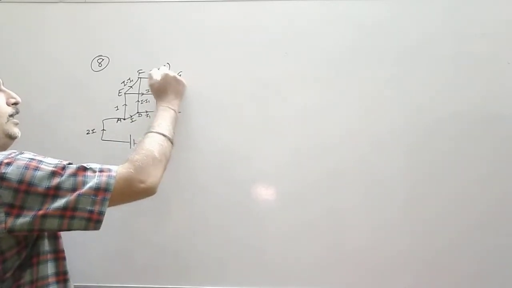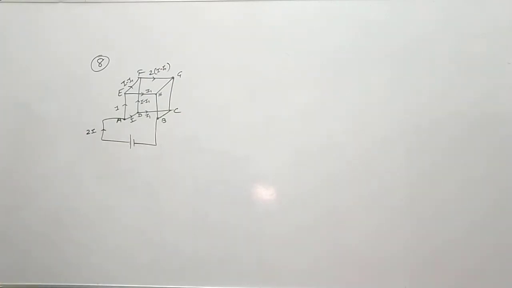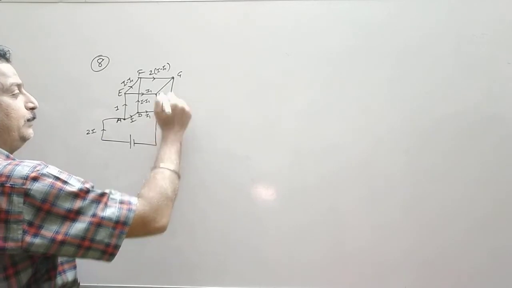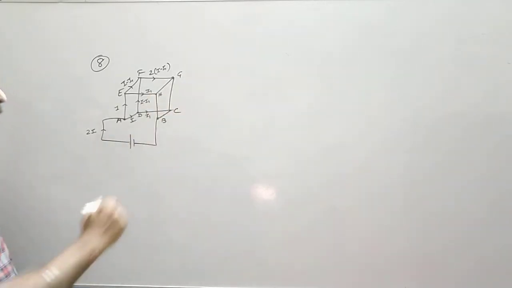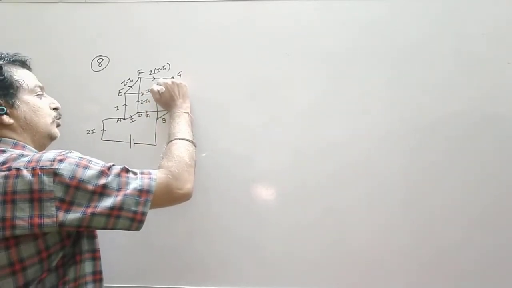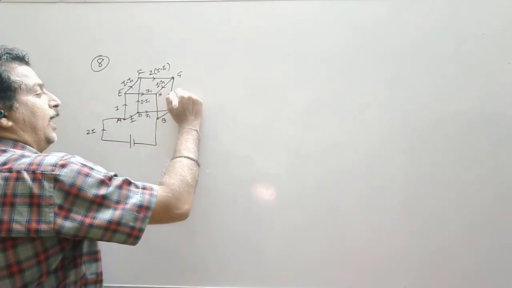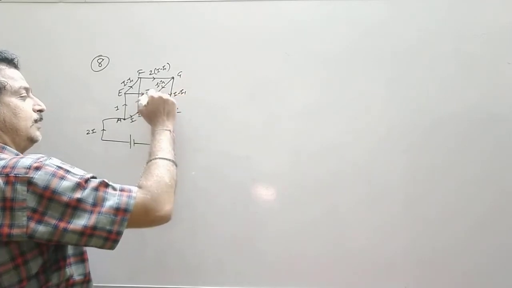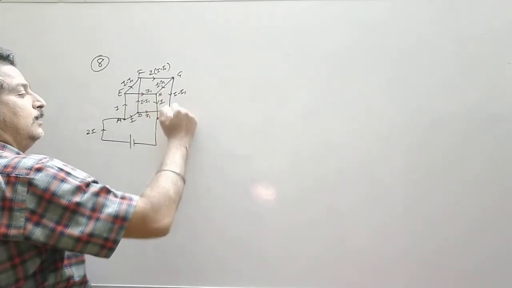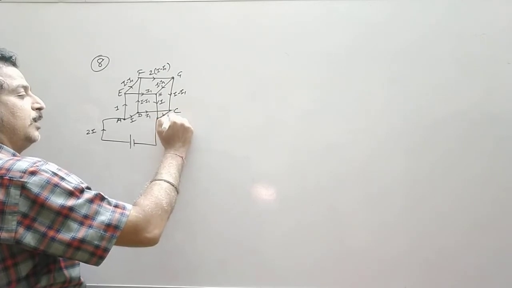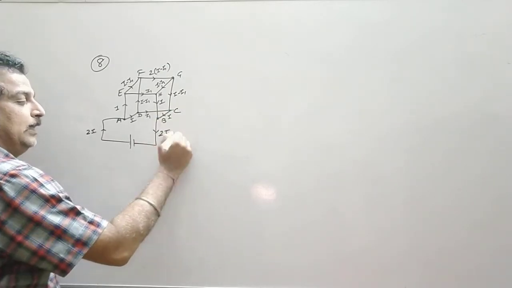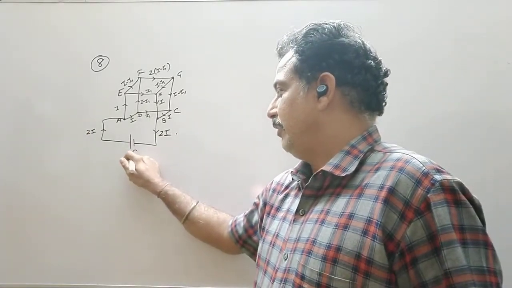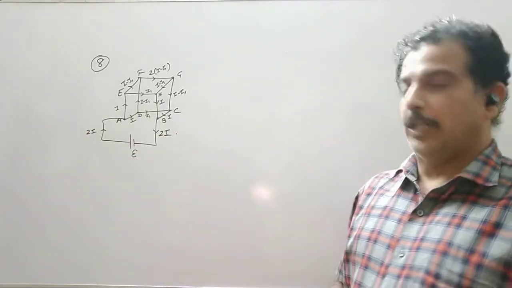So at G, again this 2I minus I1 is further divided into two paths. We count the paths GC, CB and GH, HB, equal paths. So the distribution should be equal: I minus I1, I minus I1. This I minus I1 at H and this I1 becomes I. Same case at junction C, it becomes I, 2I. So once the distribution is done with the help of the junction rule, you can proceed further.